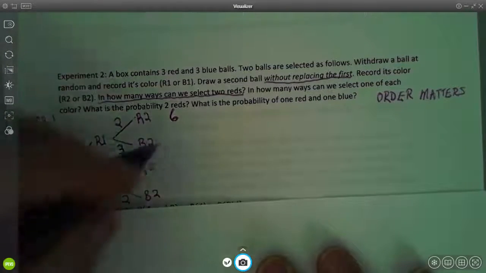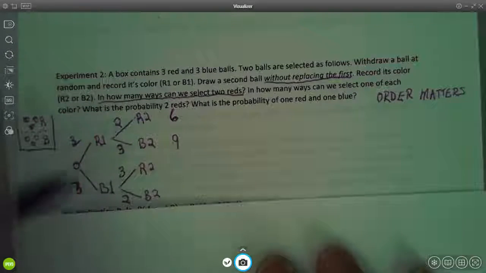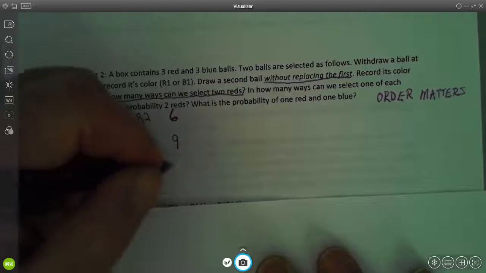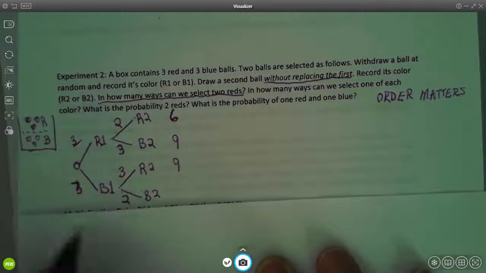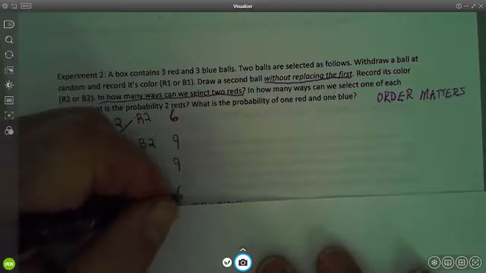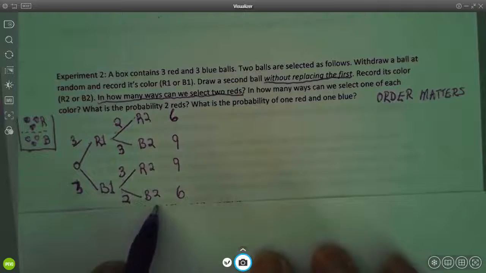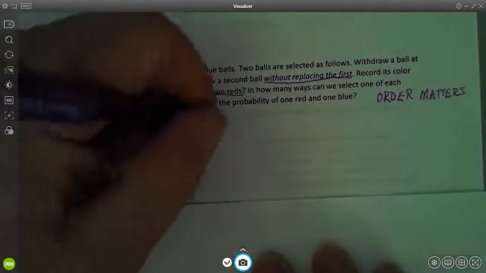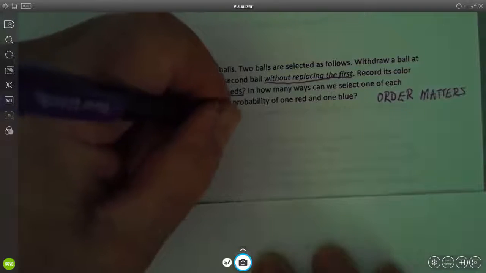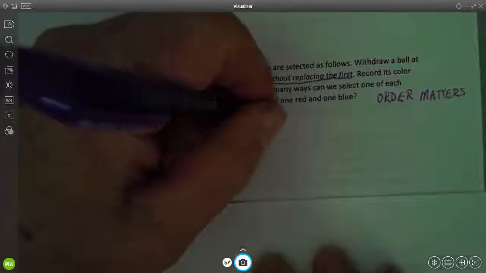There are 3 times 3, 9 ways of getting a red followed by a blue. There are 3 times 3, 9 ways of getting a blue followed by a red. And there are 3 times 2, 6 ways of getting a blue followed by a blue. All right, so let's answer the question now. In how many ways could we select 2 reds? The answer is a red followed by a red. There are 6 ways